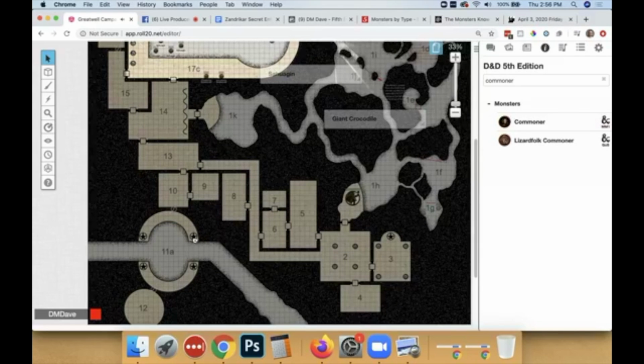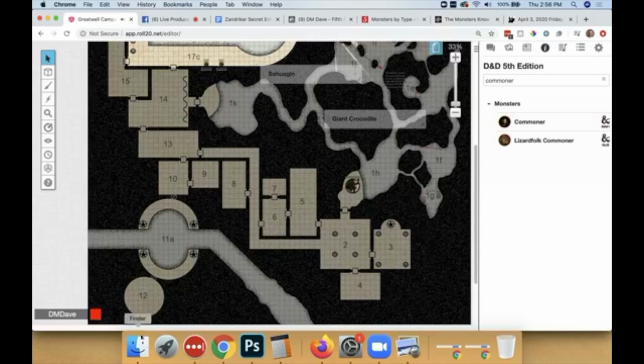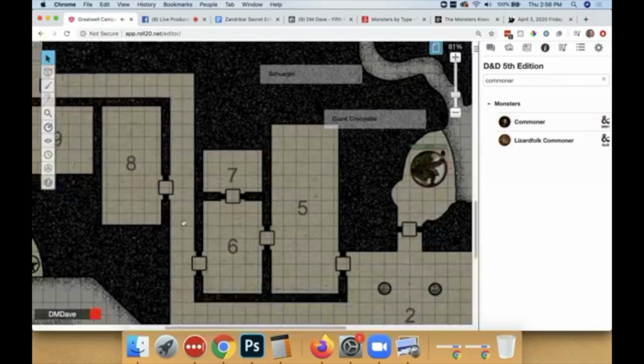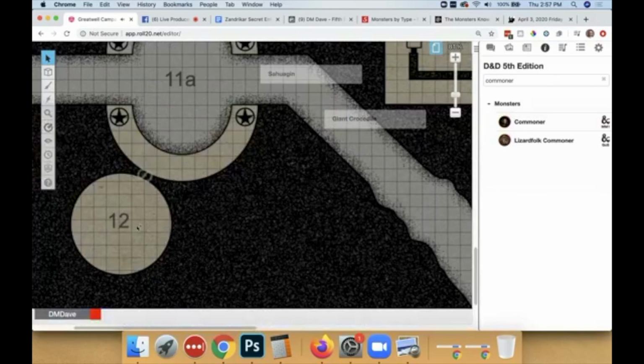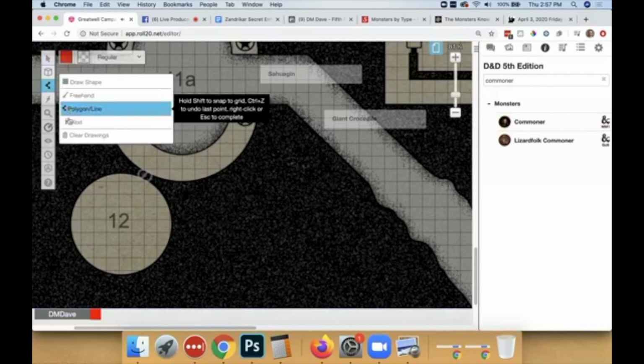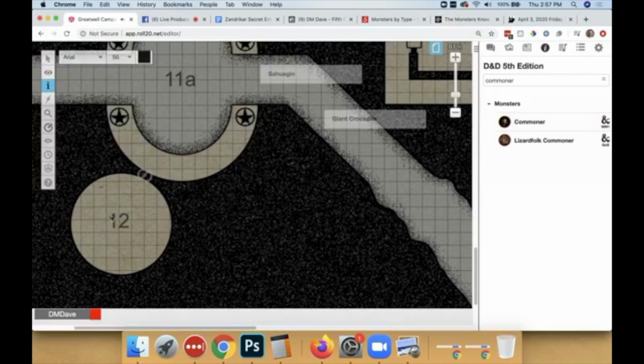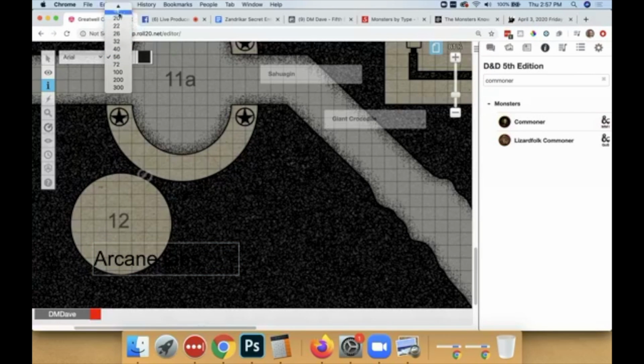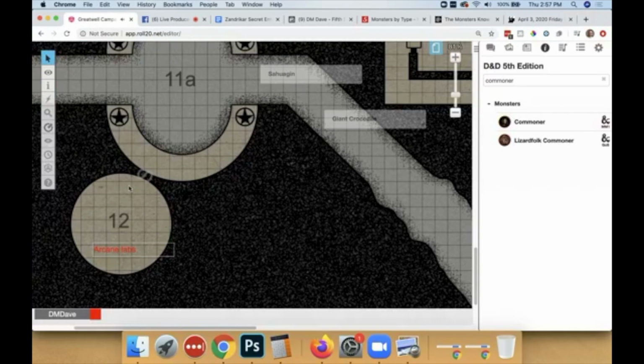We've got these areas down here, so maybe I think some kind of cool library or arcane laboratory right here would be really nifty. For whatever reason, I want to default back to that huge text. So we got arcane labs, and